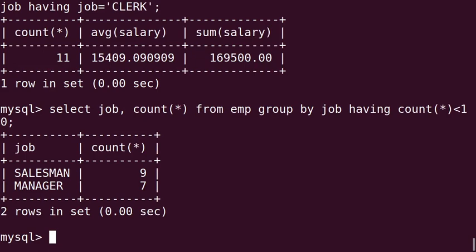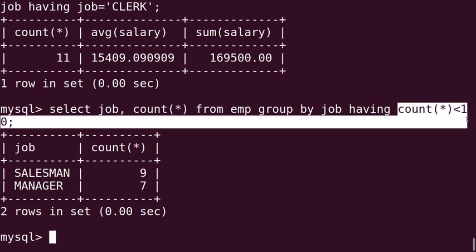So we are getting salesman and manager, 2 lines in the output, because clerks are 11, which is greater than 10, so we are not going to get that. Salesman is 9, and manager is 7, both satisfying the condition that count star should be less than 10.